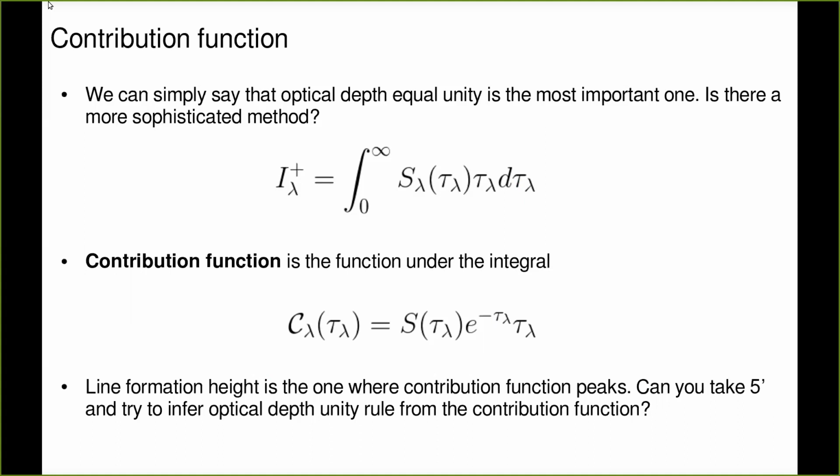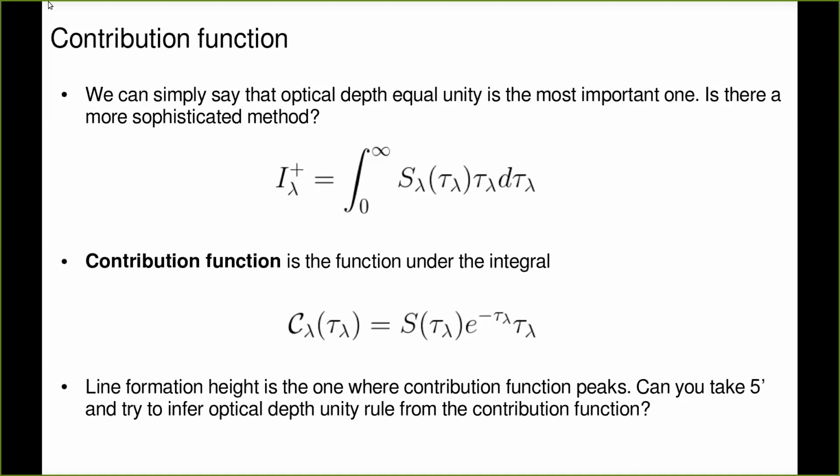You can take the derivative. You take the derivative, but then the source function is going to make things complicated. If you just assume the source function is constant and you take the derivative, it's going to be e to the minus tau, derivative of tau is 1, so e to the minus tau, plus minus tau e to the minus tau. This needs to be 0, and this is maximum for tau equals 1. So it's not really a surprise. I really need dramatic variations of the source function to depart significantly from tau equals 1.